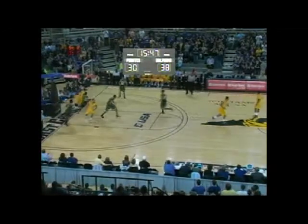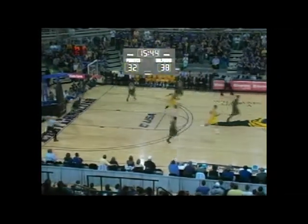Jacksonville inbounds the basketball, and the Dolphins are up 8, 38-30, and Jacksonville will inbound the ball underneath the Dolphins hoop. Looking and looking, and there's a lob pass. It comes down to Jeffers, and it's stripped out of his hand. Stolen by Gaines. Gaines ahead to Sherrod. Jontae takes it to the basket and lays it in with the left hand. Good defensive job on the inbounds play, and Sherrod has either cramped or he's...